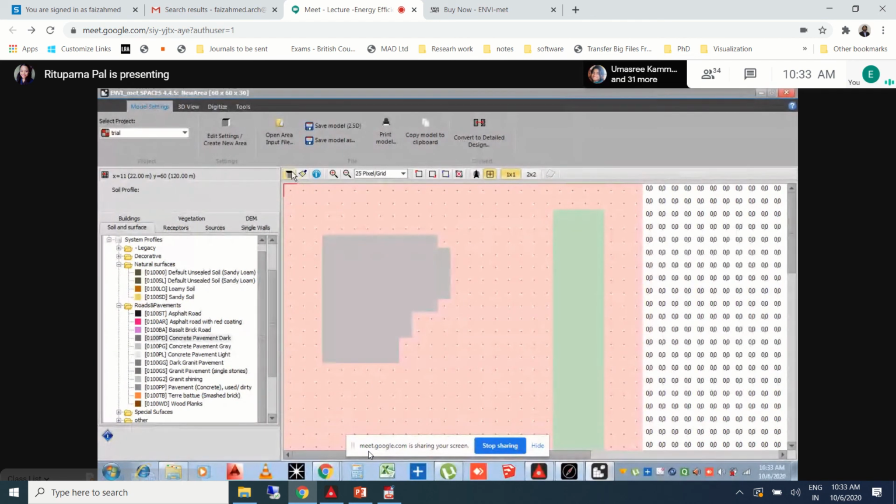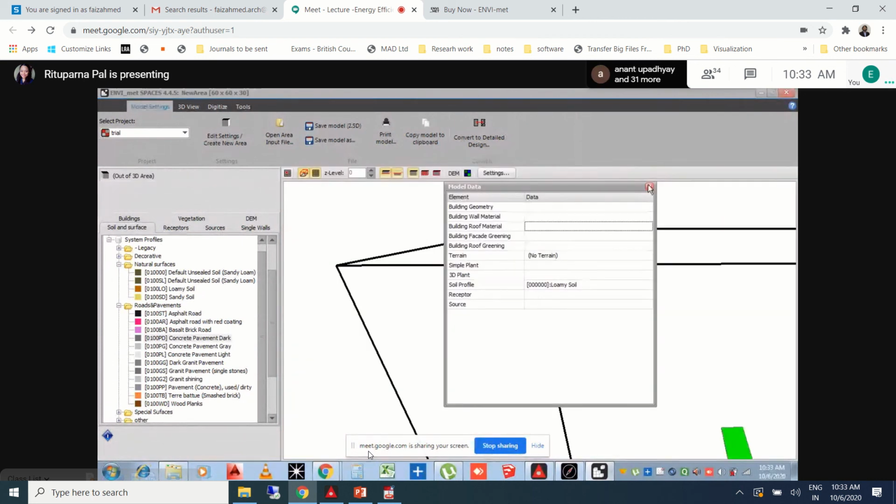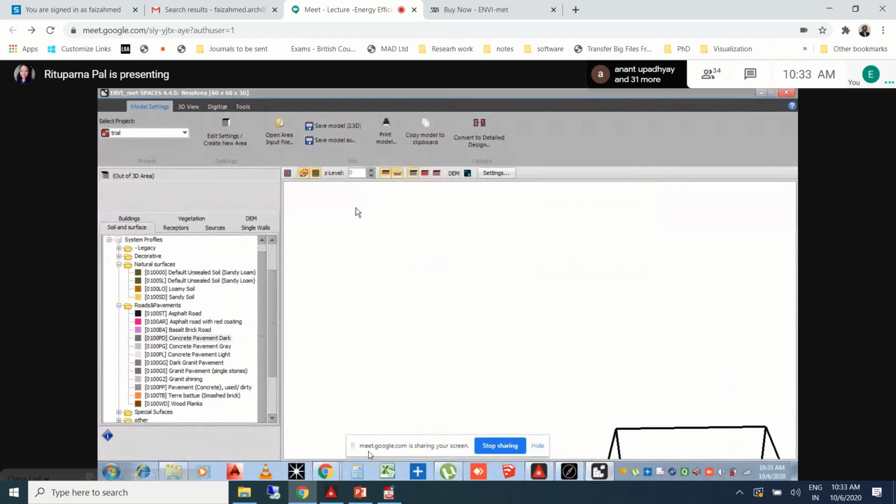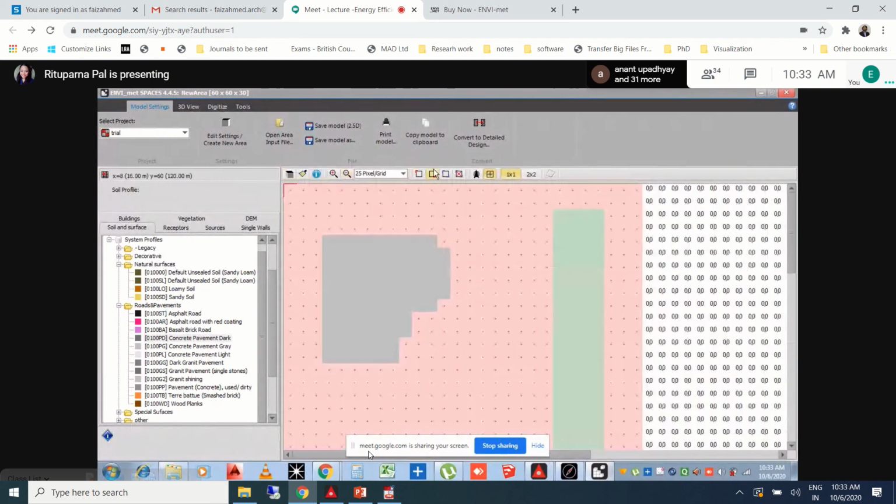So, are you understanding that if you have to understand where your things are, you have to go to this left panel, just to understand where your buildings are, where your vegetations are, and where the other things are. So, in this particular model, you can only see where your building profile is. Yeah, is everyone following? Yeah.